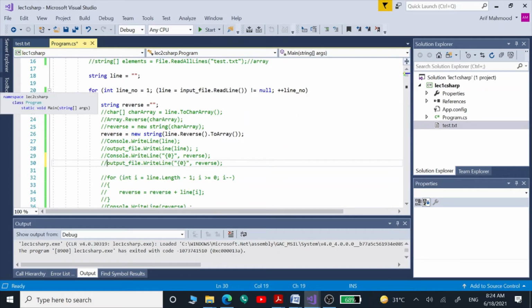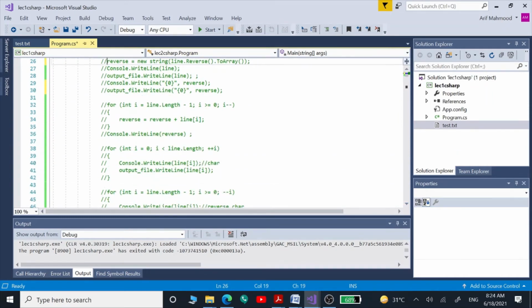So we can skip out these lines, and we can include these lines.